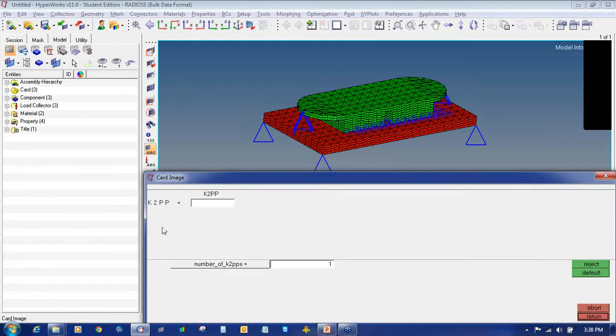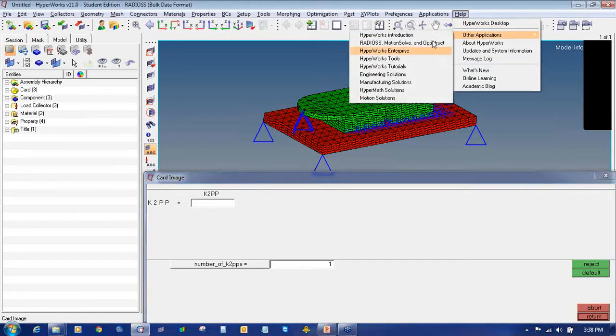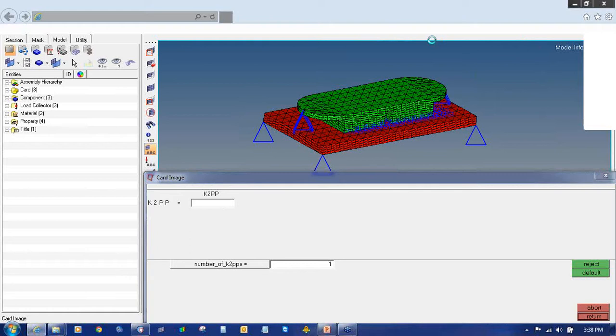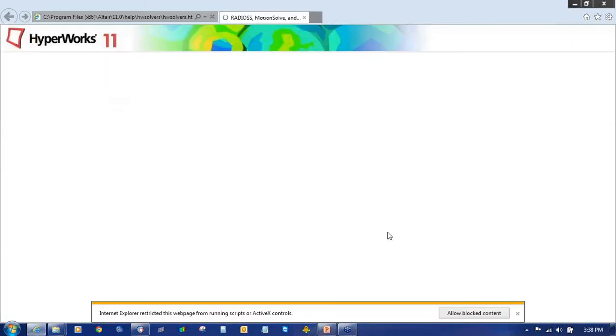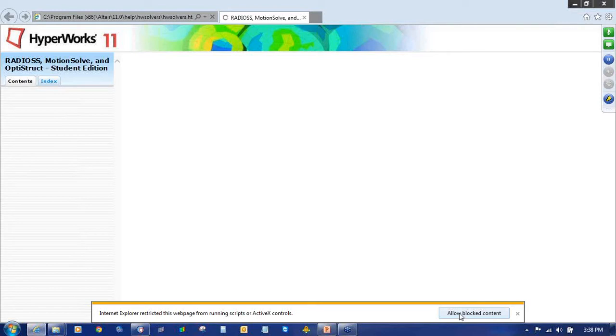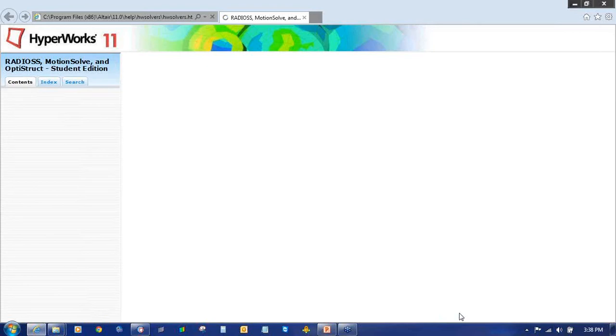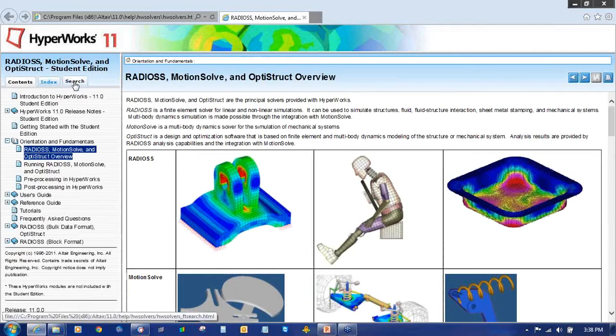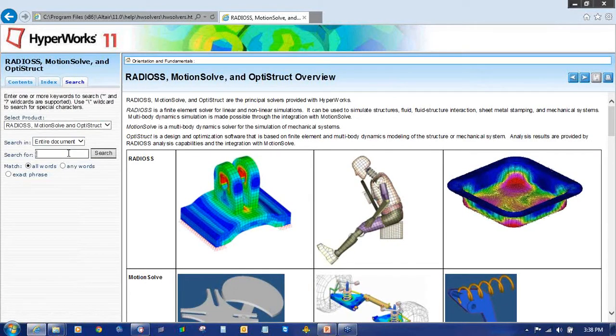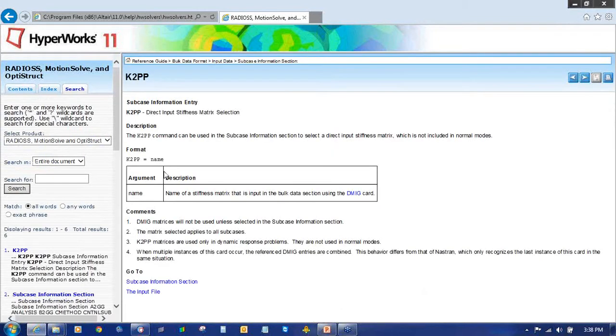Again the question arises, what does this K2PP stand for? I always suggest going to help if you have any doubts related to any cards, anything which you think you didn't understand, the parameters, and to understand it in much more detail you can go to help, enter K2PP, click on search.